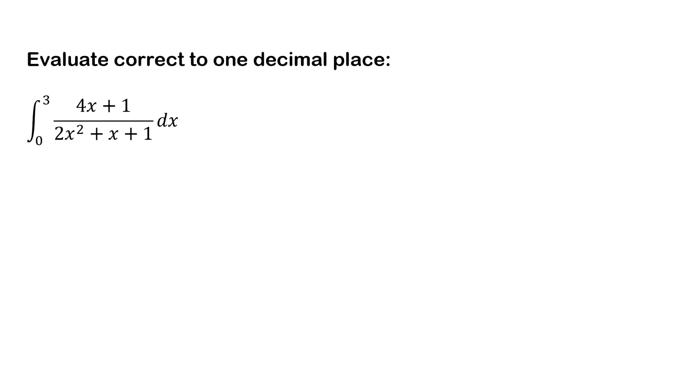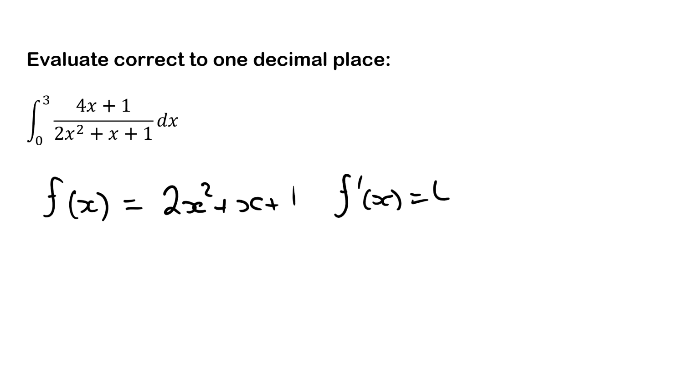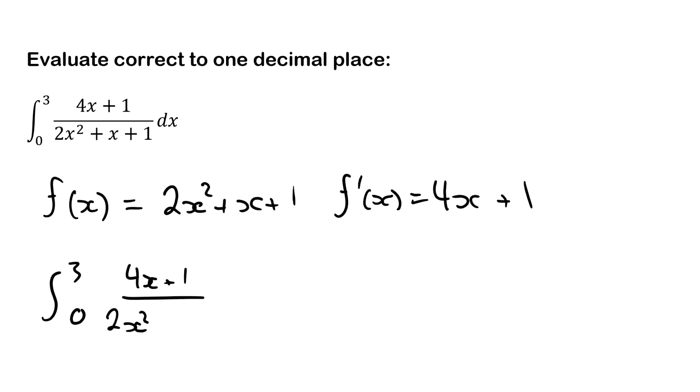So now we're going to use our definite integrals. And this follows pretty much the exact same thing we've been doing this whole time. So I know that my f(x) is going to equal 2x squared plus x plus 1. So if I differentiate that, I get 4x plus 1, which happens to be what's on top. So again, lucky, we don't have to do any manipulation here. So I can go the integral of 4x plus 1 over 2x squared plus x plus 1 dx